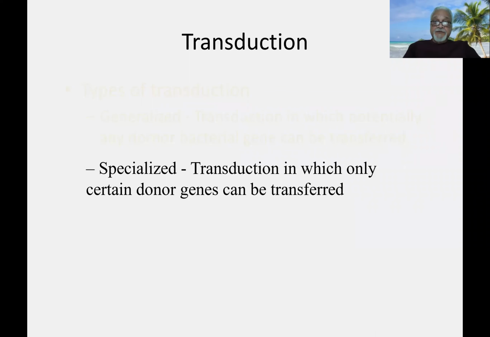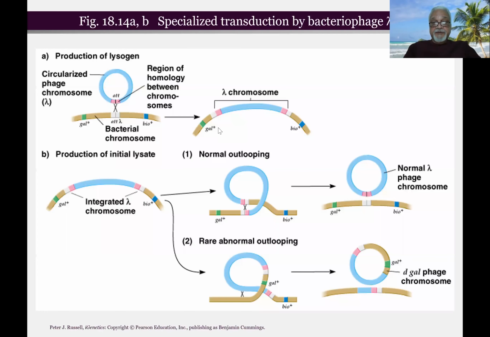So what happens in specialized transduction? Here, as I mentioned earlier, a specific portion of the donor DNA is taken by the phage and transferred from donor to recipient cell. So how does this happen? Okay, I will explain to you in a couple of slides how this happens. Look at this cartoon here. This is the lambda phage chromosome. When it enters into the donor cell,